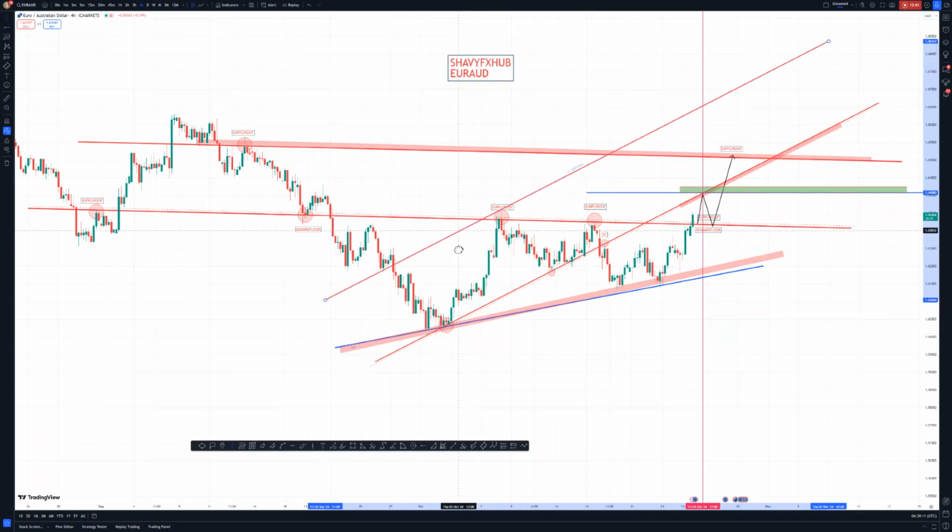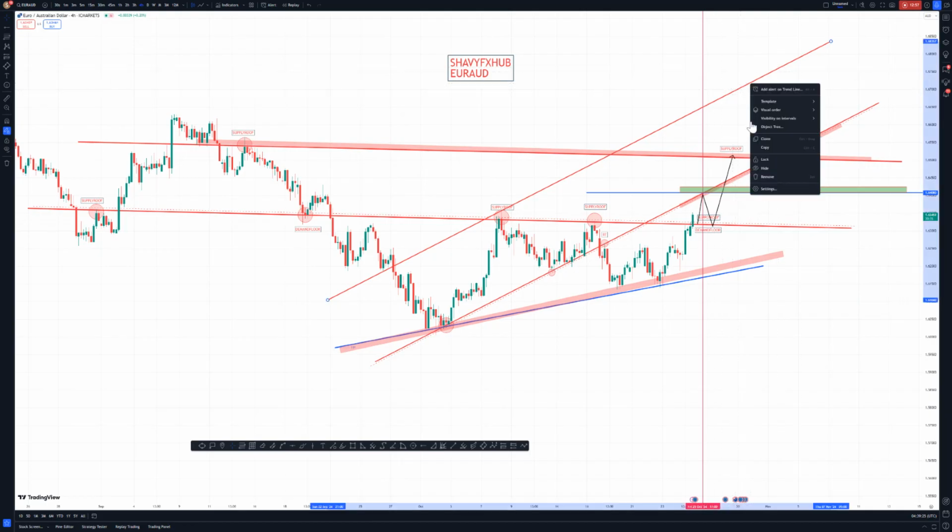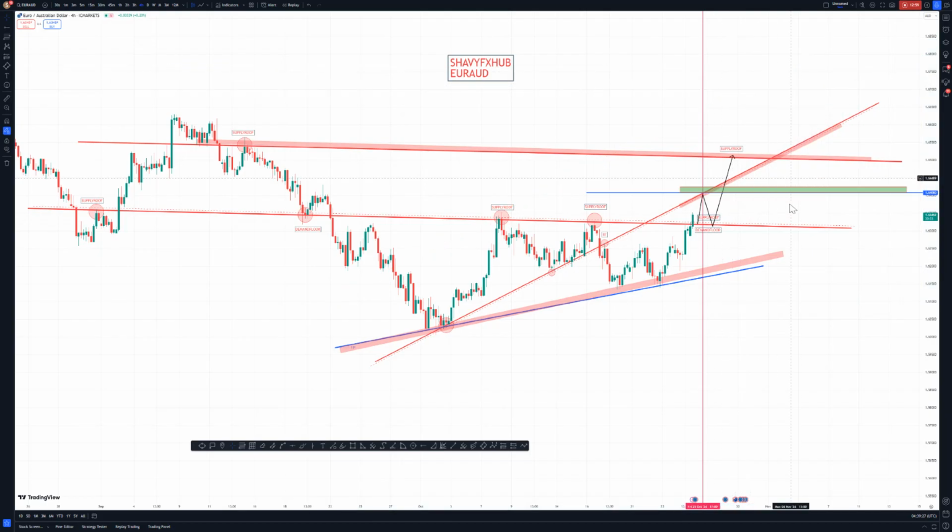If we take it here, we are also right. We have here a support structure, break of a support structure, retest. Price can also come here. So for now, we don't want to bother with so many lines. Let's see what price does. And let's stick to a minimum